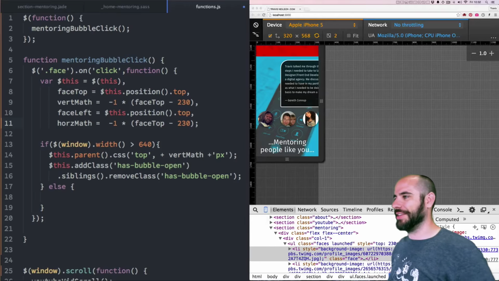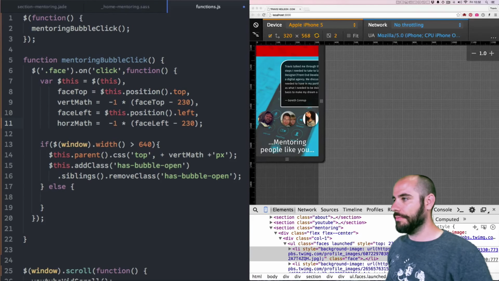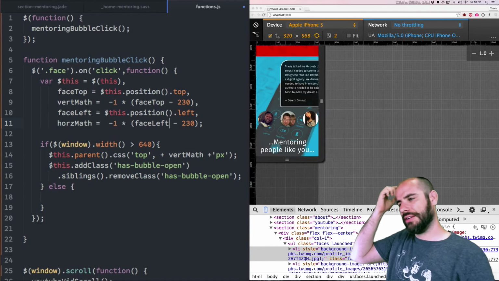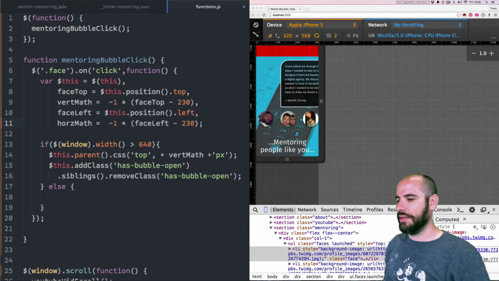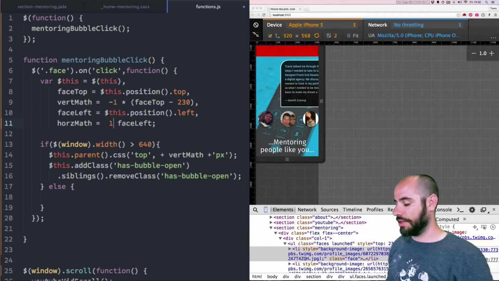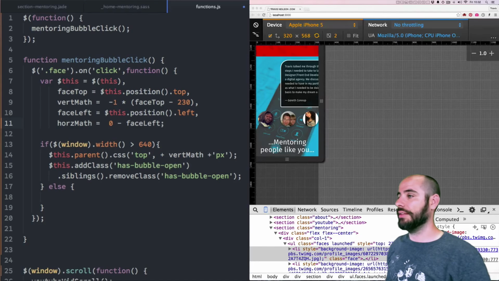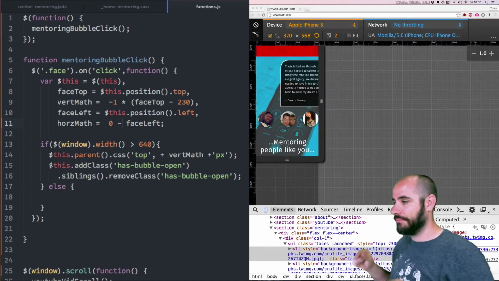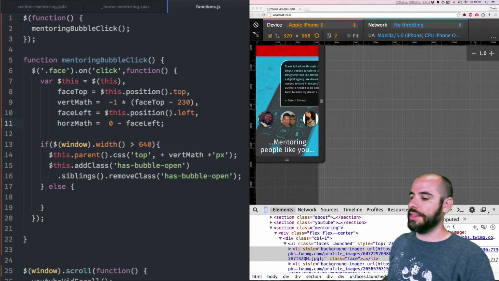Because I'm so good at naming things. All right, so this will be positioned to the left, and this will be face left minus 230. Is that right? Left math will be, no, it won't be that crazy. We'll just start with 0, and then we'll minus left math, right? All right, so if that's true, then we're going to take,